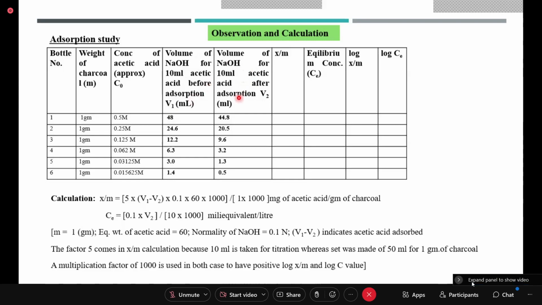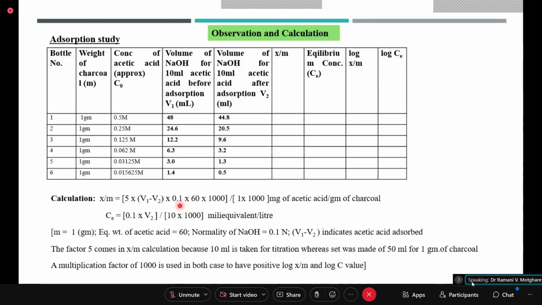So V1 minus V2 is the quantity of acetic acid adsorbed, into 5, because if you take 50 ml instead of 10 ml, it will be into 5. So the difference V1 minus V2 into 5 will be the acetic acid adsorbed by this 1 gram of charcoal. So 5 into V1 minus V2 into the molarity of NaOH, that is 0.1,